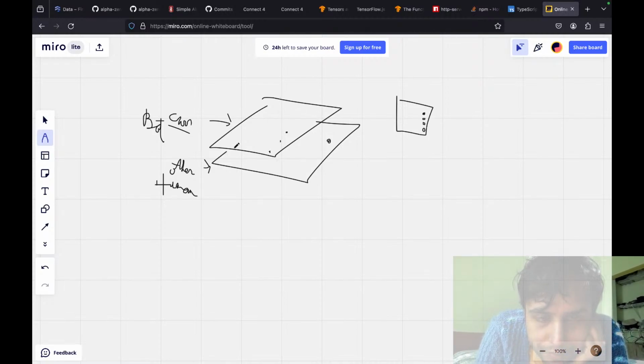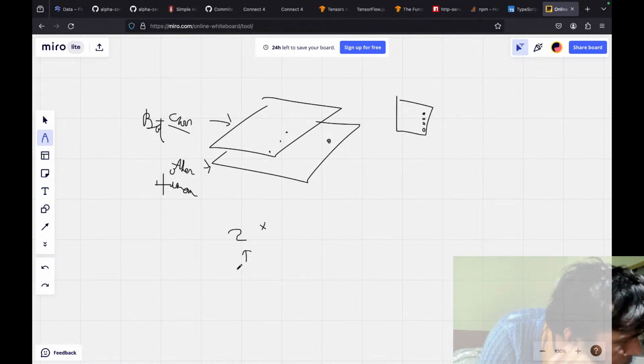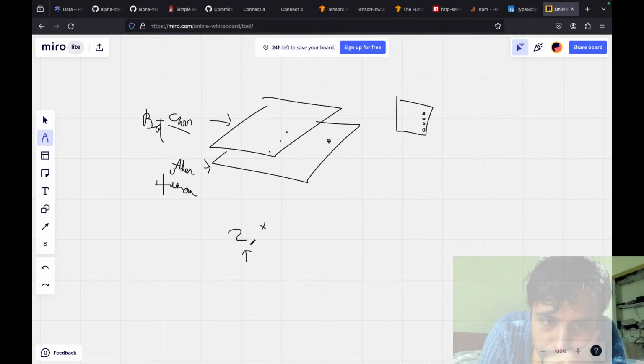So then what are the dimensions? We'd have 2, and this is like the channels, or the number of image stacks. This is 2 because of the number of image stacks.